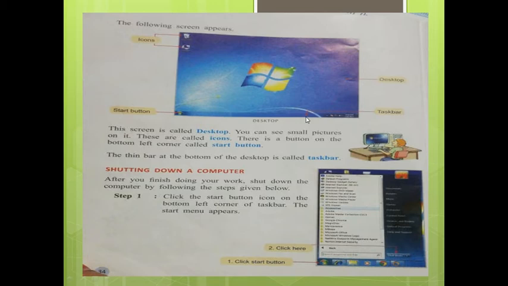Just now I finished the learning process for switching on the computer. Now the same process but a little bit opposite. Whatever you did going forward, you now go backward. Okay, see, shutting down a computer. After you finish your work, shut down the computer by following the steps given below. Click the start button icon on the bottom left corner of the taskbar. The start menu appears. See,